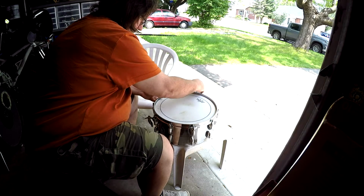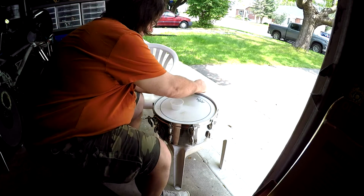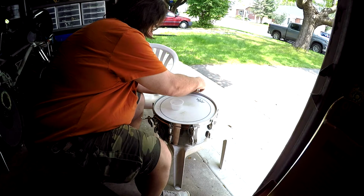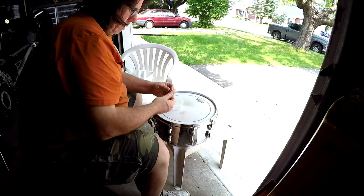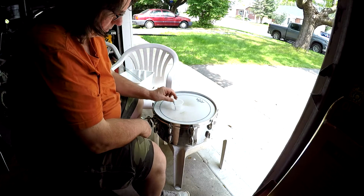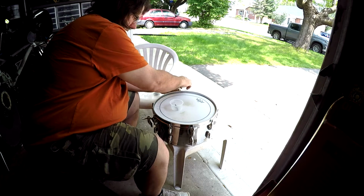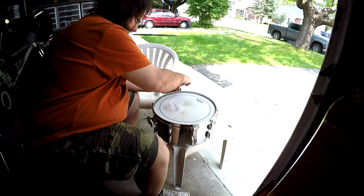This one's stiff coming out. I almost think these are too long, but I'll do some measuring after. Hopefully they weren't replaced. They look original, but